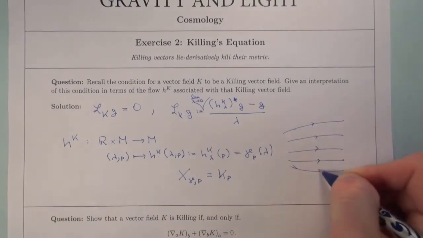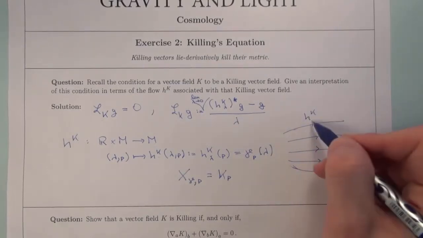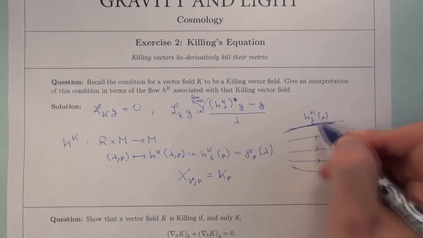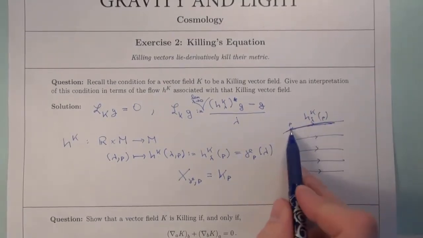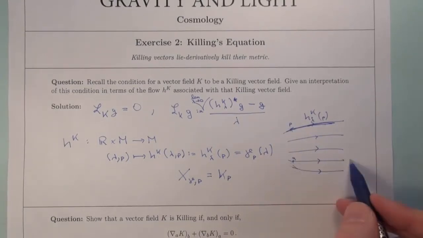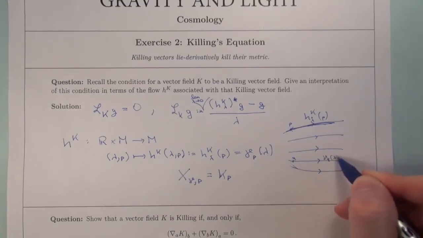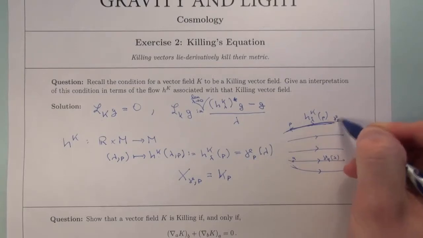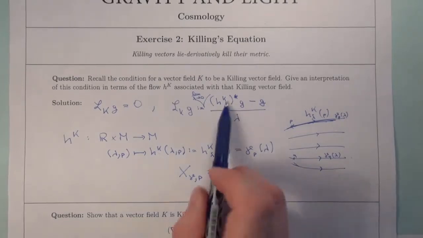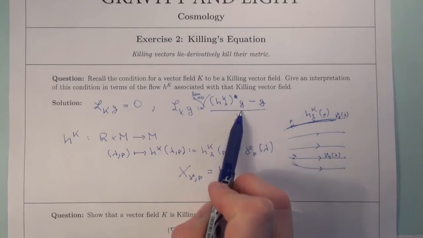So this here would be the HK lambda, and the lambda varies in this direction, and the point P that we plug in here sets somehow the starting point, and if you plug in Q and Q is down here, then we arrive at this integral curve. So this would then be gamma Q of lambda, this up here would be gamma P of lambda. That's the idea of the flow, and as we know, we can use such maps to pull back tensorial objects,